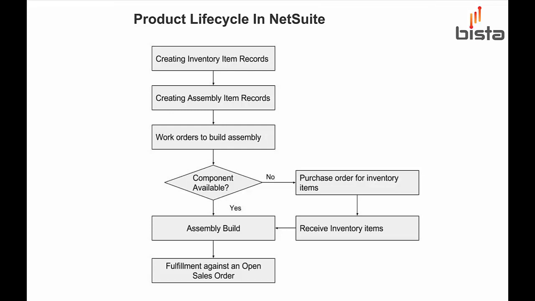Once an assembly item is built, it is processed like an individual inventory item for tracking the cost of goods sold. You can also unbuild the assemblies to increase the inventory of your raw materials. For each assembly build you record, the assembly item stock level increases and the member item's individual stock level decreases. Now, this manufactured assembly item can be eventually shipped to a customer against an open sales order. The item fulfillment is done in 3 stages: pick, pack and ship.